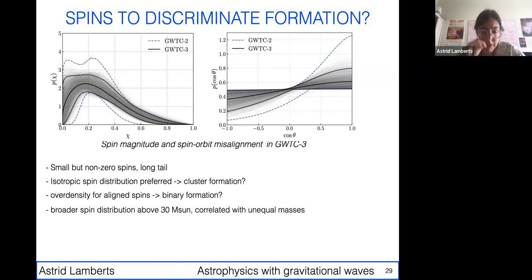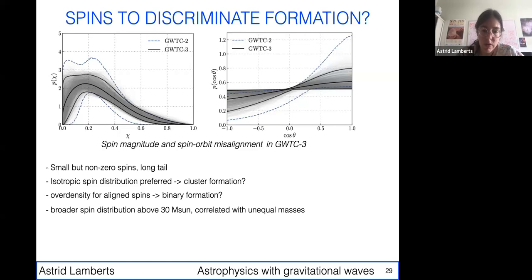A last piece of interesting information is that if we look at the most massive black holes, the spin distribution is rather broad, and it correlates with the mostly unequal mass objects. And unequal mass objects could possibly come from secondary mergers in clusters, where you make one black hole and then you merge them again. That is a good way to make unequal masses, because one of the black holes would be second generation and the other one would be first generation. In that case, you're expected to have spin too. And so it looks like we're seeing things that could be from that channel.